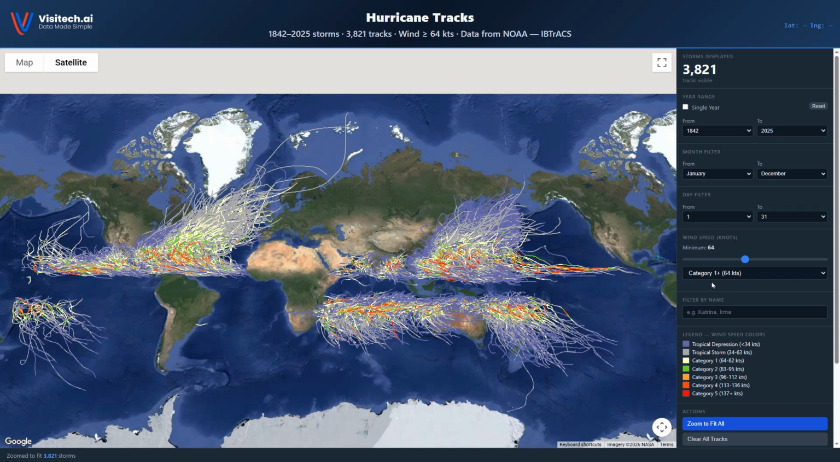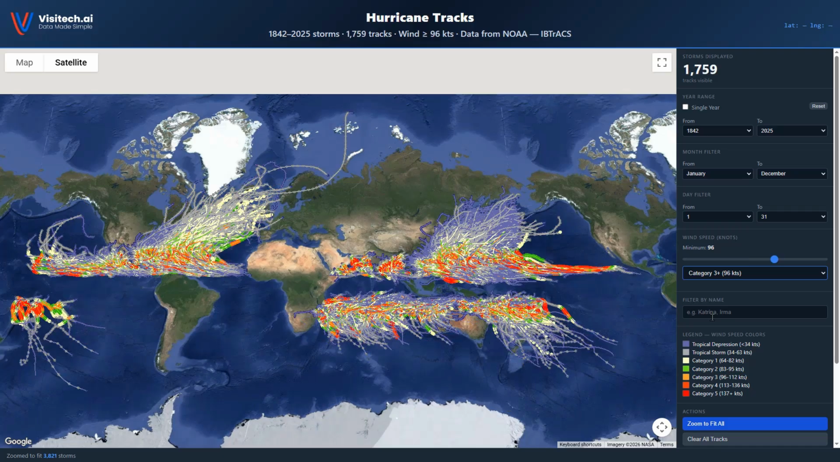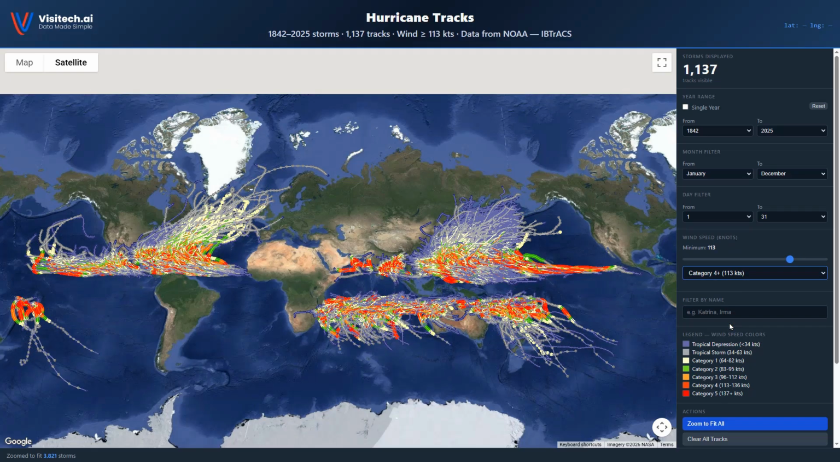Right now we're looking at all hurricanes from Category 1 through Category 5. Let's change it to major hurricanes, which are Category 3 and up. Now we're looking at fewer hurricanes. Let's change it to Category 4 and higher. The red colors show major hurricanes, and you can see that they're confined to narrow belts in the northern and